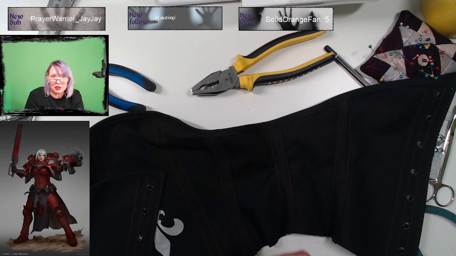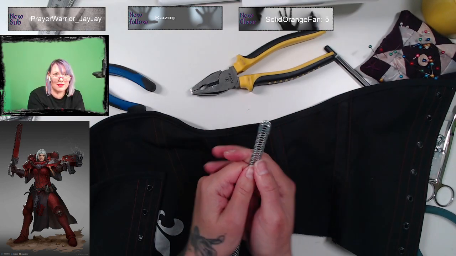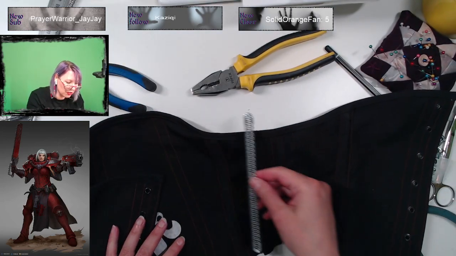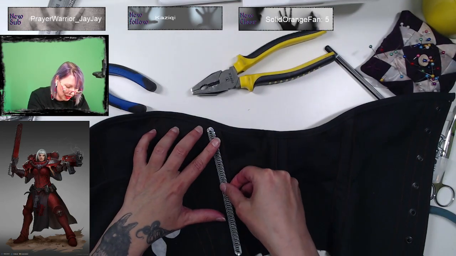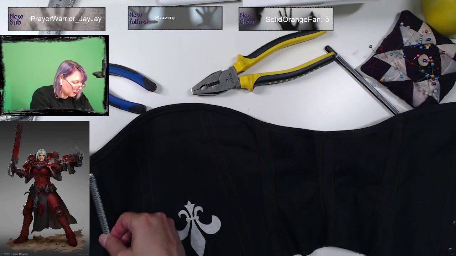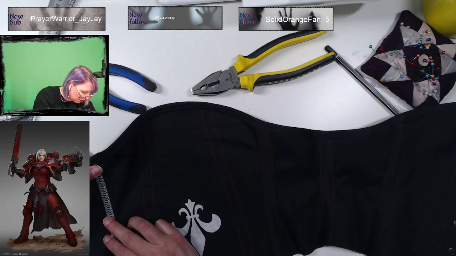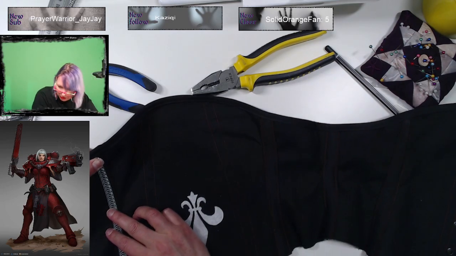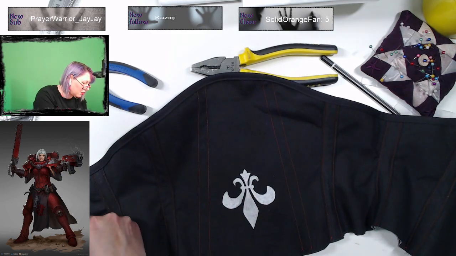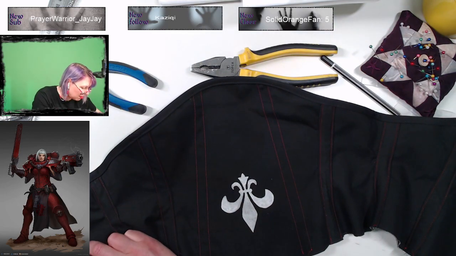So, here we go. Put it back on. Now we've got full bone again. So that seems to be the right length for that as well. It seems to be too long for that one. And are you the right length for this one?